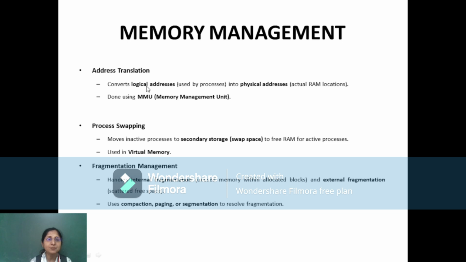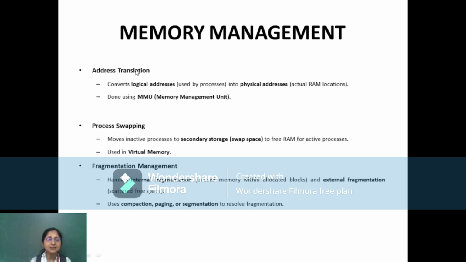program, our CPU generates some addresses for our variables or whatever calculations we do. Okay. So the address which is generated by the CPU is known as logical address. Now this logical address needs to be copied to our RAM. So RAM is known as physical address. So this process of copying the logical address to physical address is also known as mapping. Mapping logical address to physical address.